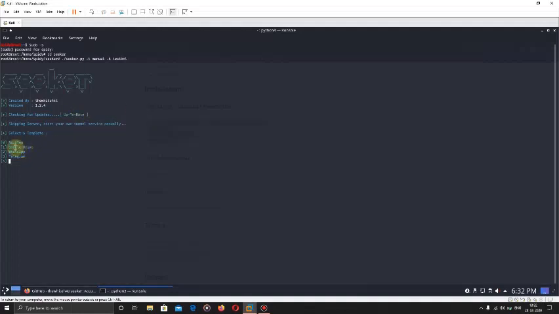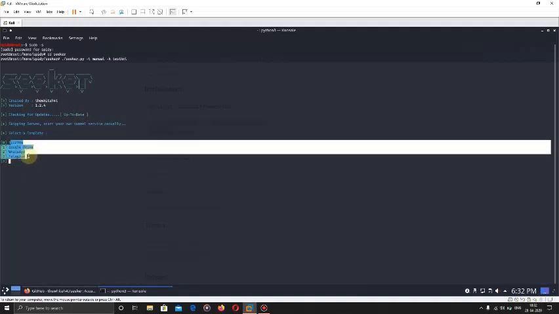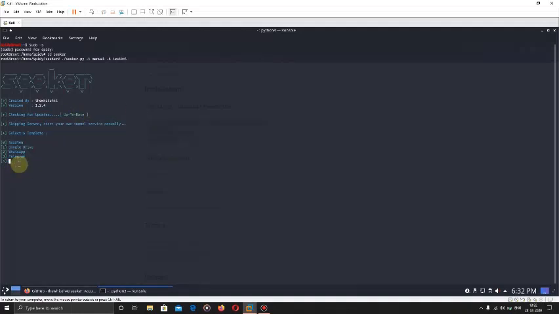Now it currently has 4 templates. I will take the Google Drive template, so let's click on 1. It is asking for a Google Drive file URL. Let's type here 1 2 3 4 5 6. Now it has by default started a port number and a PHP server, and now it is waiting for